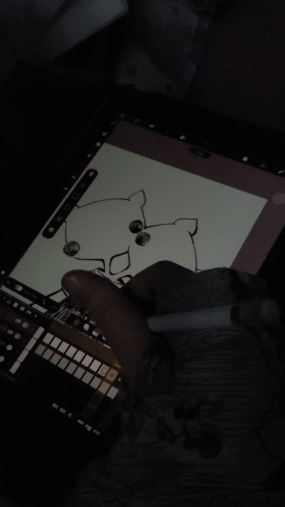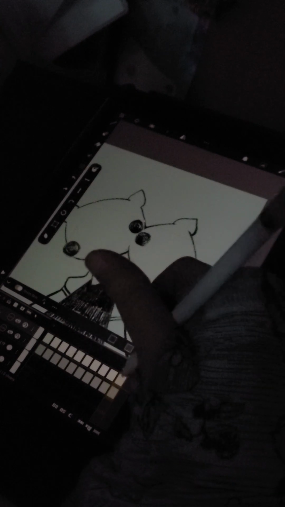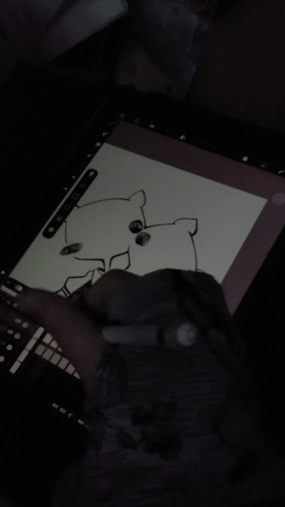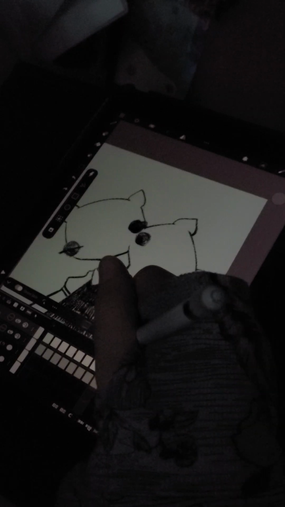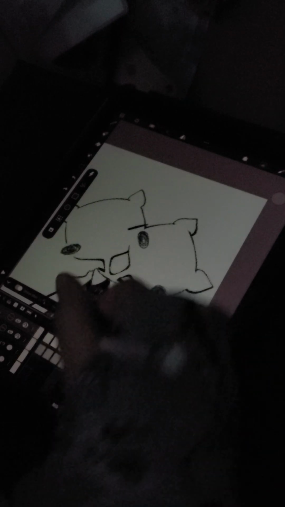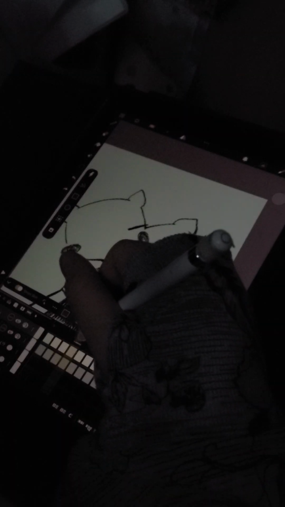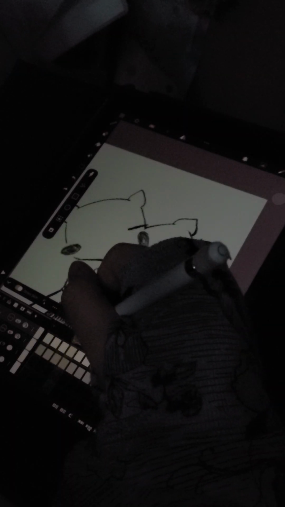Copy, paste, copy, paste. Alright. Squish, squish, flat, squish, nearly normal. Then from here onwards,